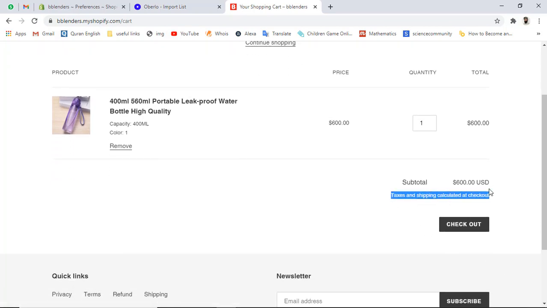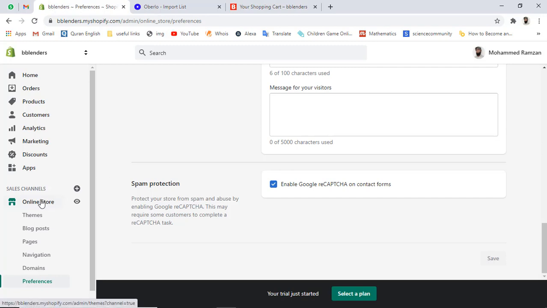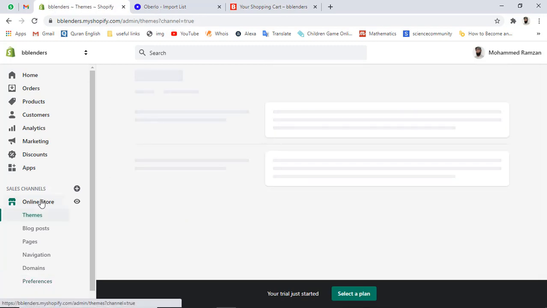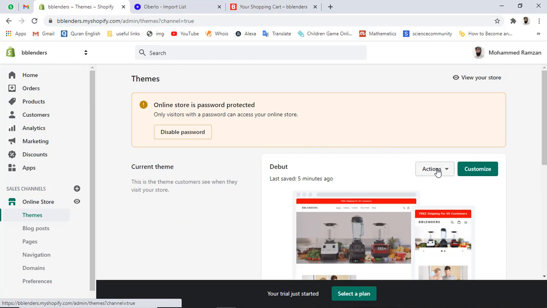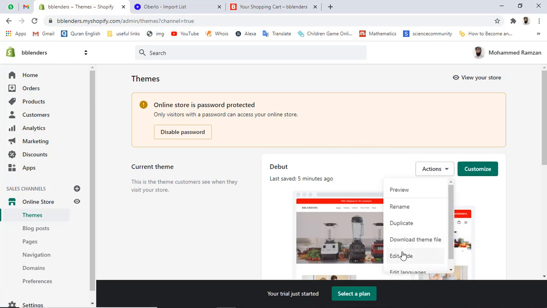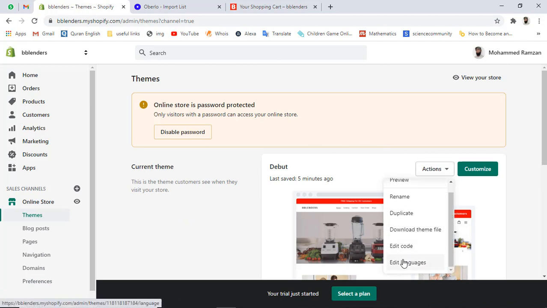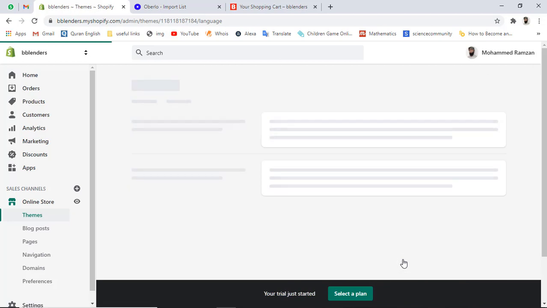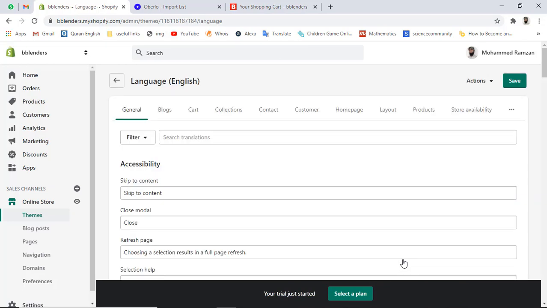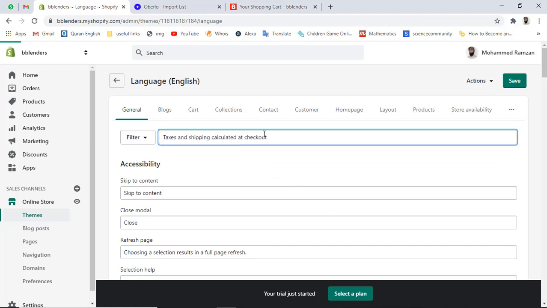You should copy this and go to the dashboard, click on online store, then click on actions, go down and click on edit languages, and here you will have the input box where you can search. Once you paste this, it will automatically load.